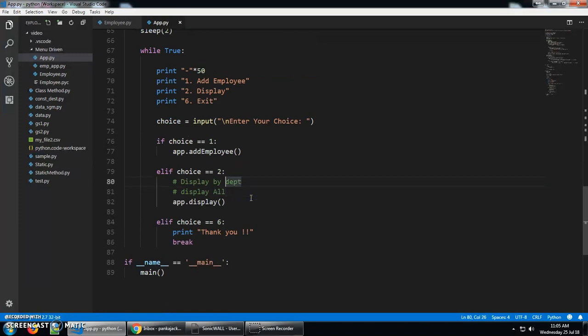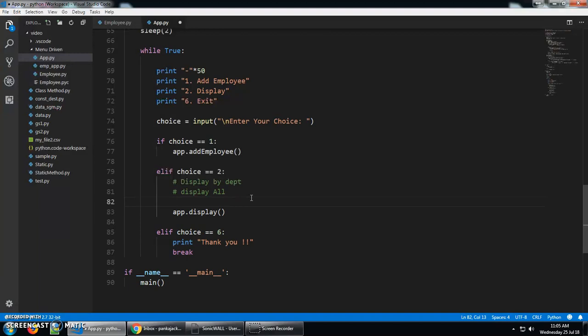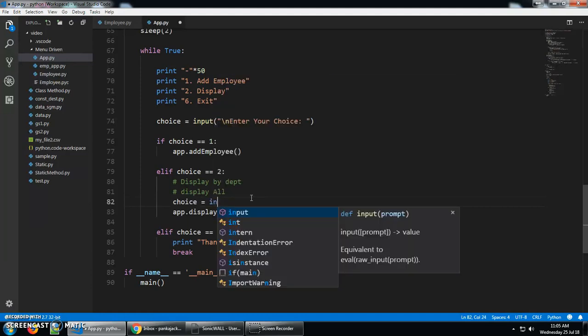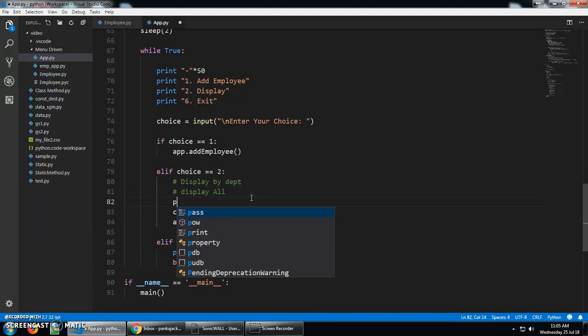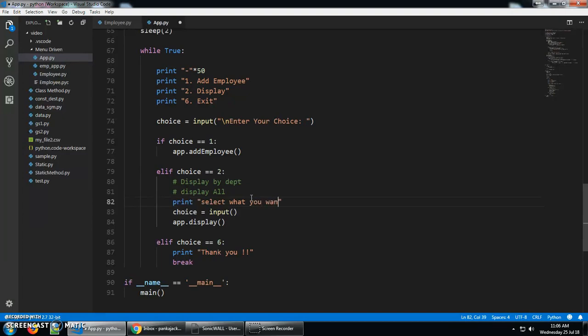Now here we are going to provide two options to the user, whether he wants to display by department wise or the all list of employees. So the same choice variable we are using, and we are going to take the input by posting a message. I will type the message here, print, like, what you want,